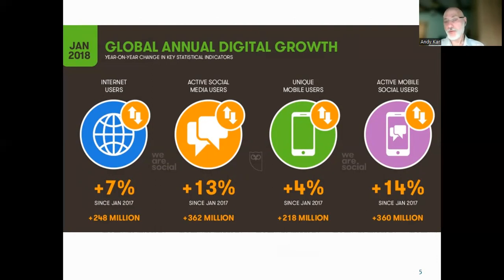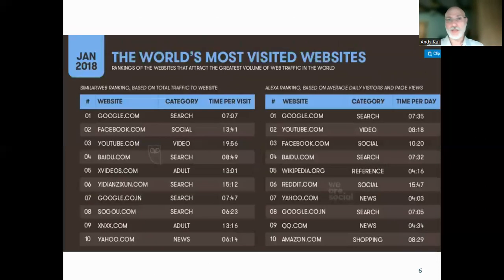It's about the population of the United States, or 2 times Japan. Active mobile social users had an amazing increase of 14%. 360 million more users than in 2017 were using their mobile phones in order to become active mobile social users. Okay, we can see that we had an increase in all aspects, and people are turning to a digitalized form of communication and socialization.